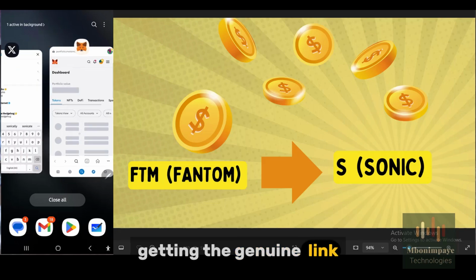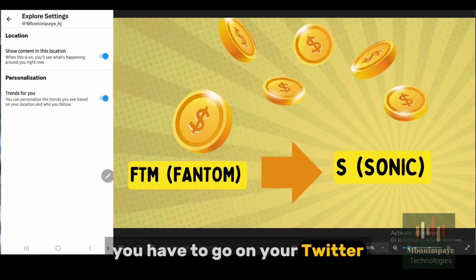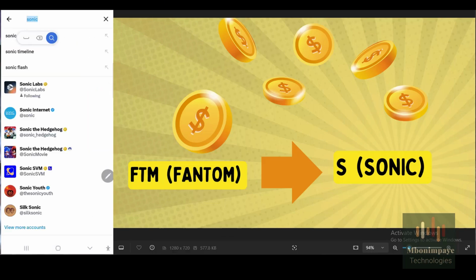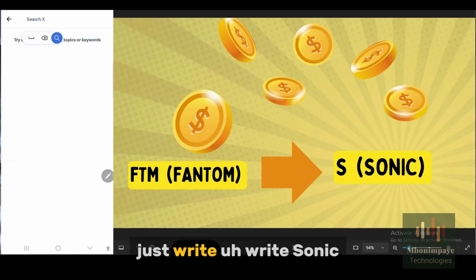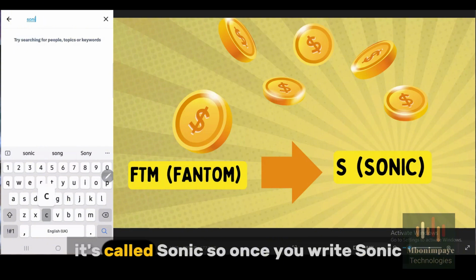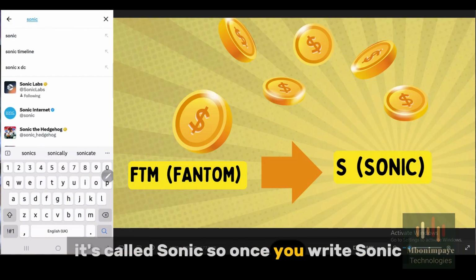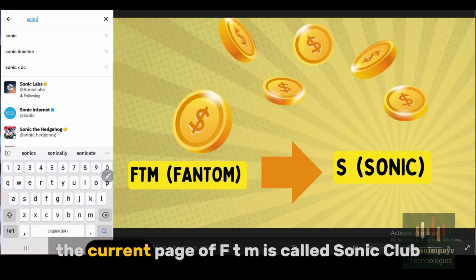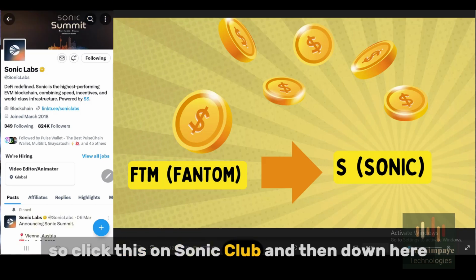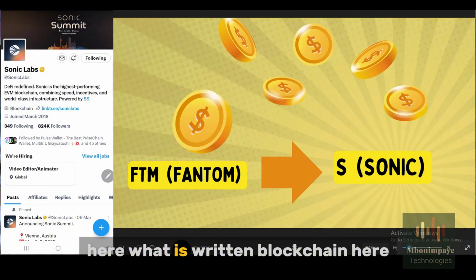Getting the genuine link, you have to go on your Twitter account and then search for Sonic. Just write Sonic. It's called Sonic. So once you write Sonic, this is their page. The current page of FTM is called Sonic Lab. So click this one, Sonic Lab, and then down here where it is written blockchain,